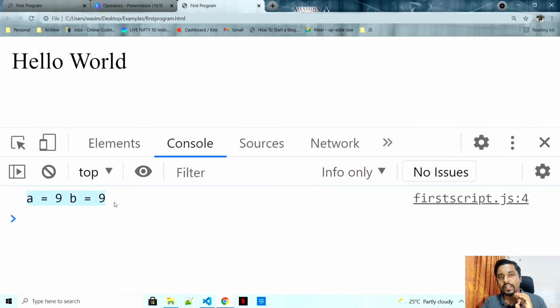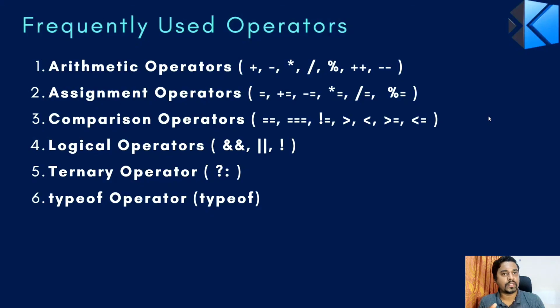This is the simplest and easiest way you can remember an increment or decrement operator. The biggest confusion that every programmer has is between A plus plus, A minus minus, plus plus A and minus minus A, or minus minus anything that you're trying to print. So this is the easiest way you can remember it, by just remembering the position of the operators, plus plus and minus minus, where exactly it is, and you can calculate the end value quite easily. This is the way I learned, and I hope this is the simplest way that you can also remember, just by looking at the position of plus plus and minus minus.